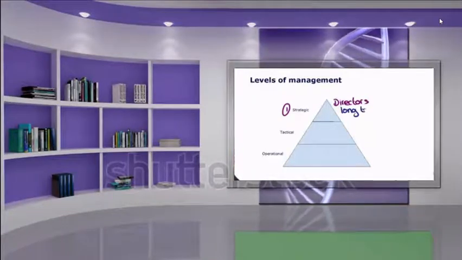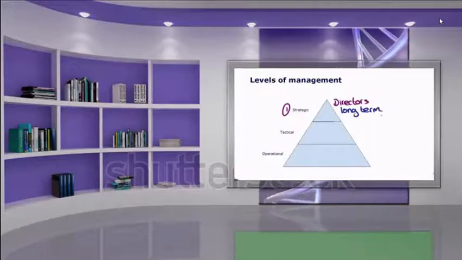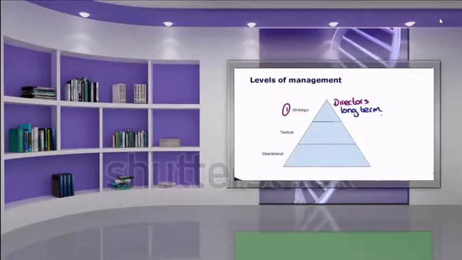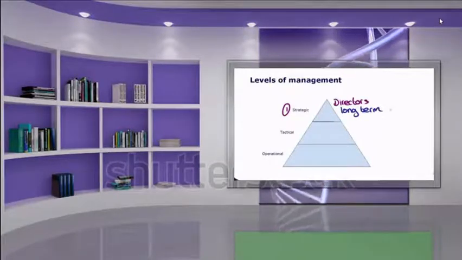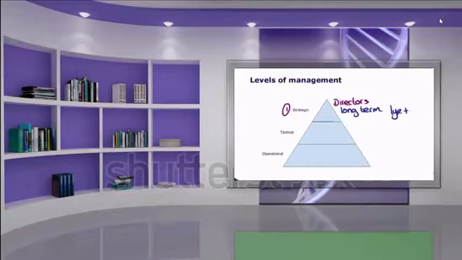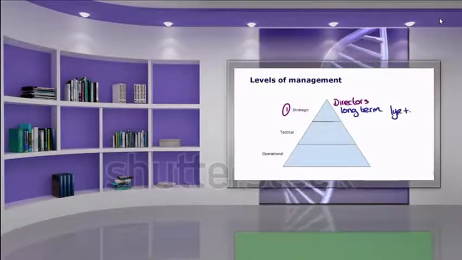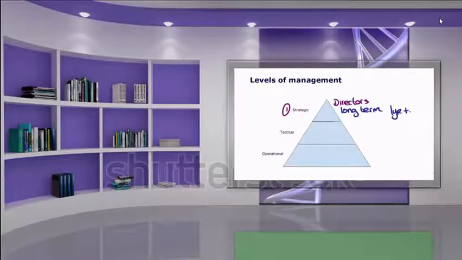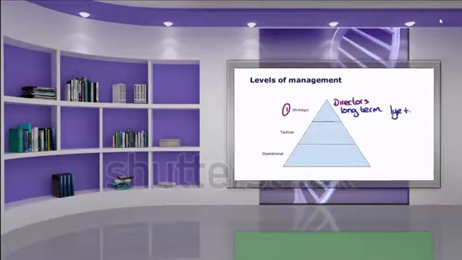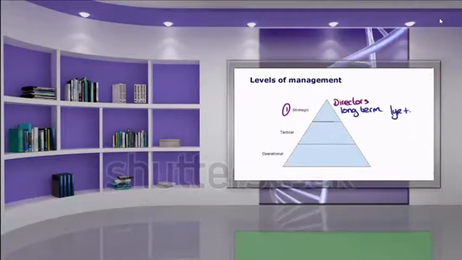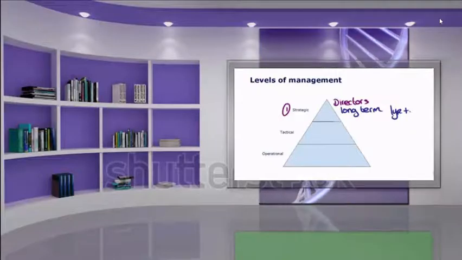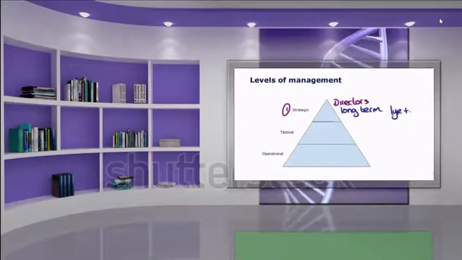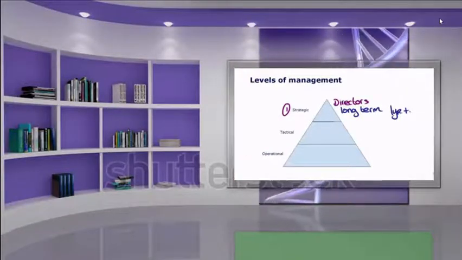So when we're thinking about what kind of information they would be looking for, it would be long-term. Long-term information and decision-making associated with that. When I say long-term, I mean greater than 1 year. So they might be considering to what extent do we think our company is going to grow over the next perhaps 3 years.